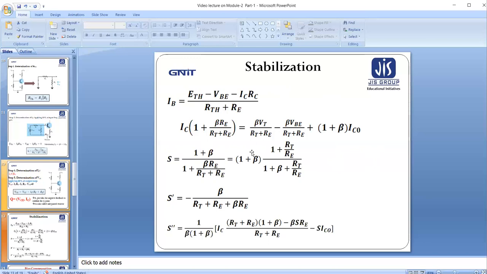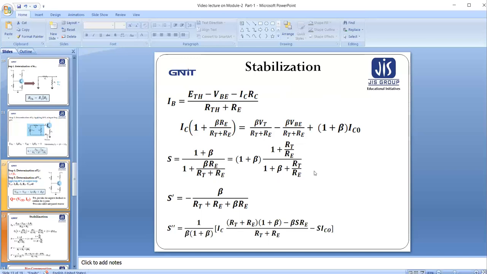One is the numerator section, another is in the denominator section. Now, but there is a hindrance. What is the hindrance? The hindrance is the RT by RE. So, in the proper design of the voltage divider bias, the RE value will be somehow greater than the RT, that is the Thevenin resistance. The emitter resistance must be higher than the Thevenin resistance.